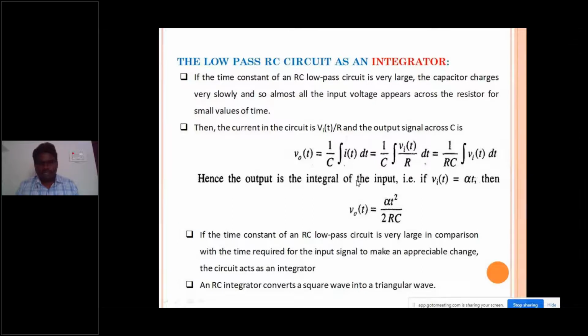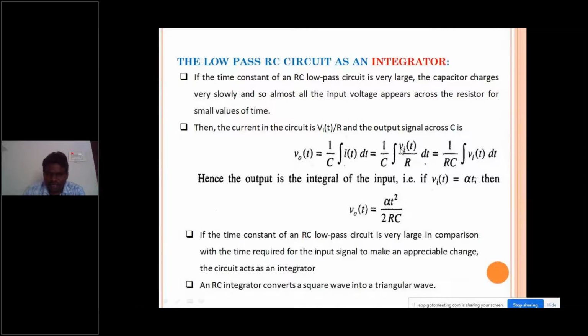A very important question as per your syllabus and examination pattern: explain how this low pass RC circuit acts as an integrator. That's important. In the low pass circuit, we are measuring the output voltage across the capacitor. So if I write the output voltage V naught of t, that is 1 by C into integral of I of t dt, where I of t is the current in that loop. If I write the formula for I of t, initially it is Vi of t by R, which means initially the capacitor acts as a short circuit. It is very important to understand that point.